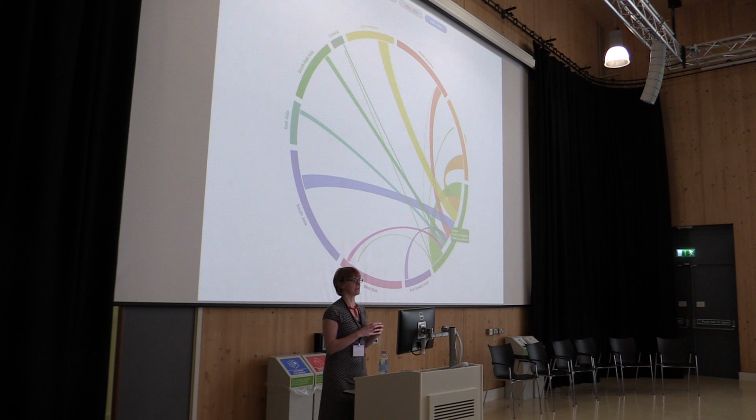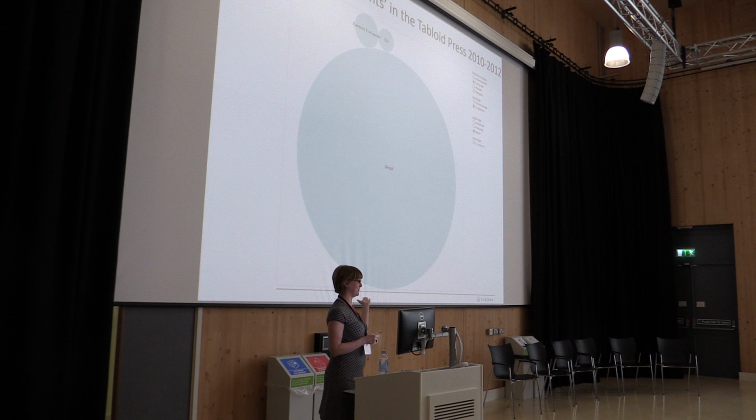One of their data sets was millions of data items about the co-location of words describing migration in the British press. So what do you think is the most common word that precedes the word migrant in the British press? Nigel Farage. No? Economic. Not economic, correct. Illegal. This is how much more predominant it is than any other word that precedes it in the British press.